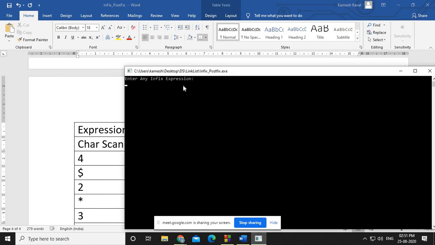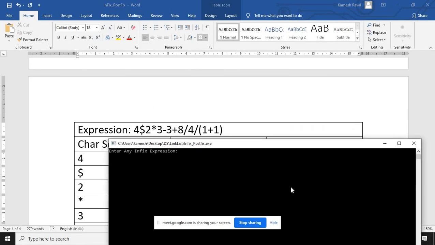Okay, so what we can do is $4.2 into 3 minus 3 plus 8 divided by 4 divided by, in the parenthesis, 1 plus 1, parenthesis complete, right?